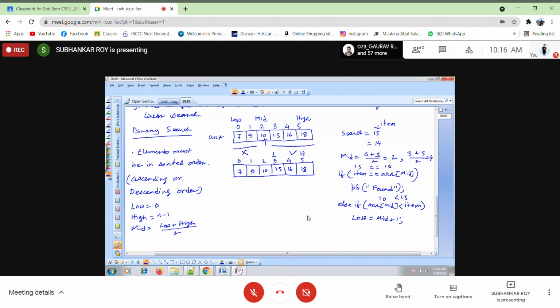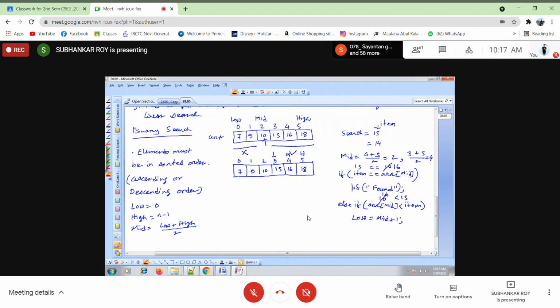Now mid will be this one. Again, we have to check whether the item is 15 and the element we want to search is, now, 16. Is that true? No. Now what? It will search like this one now. ARR mid is what? 16.